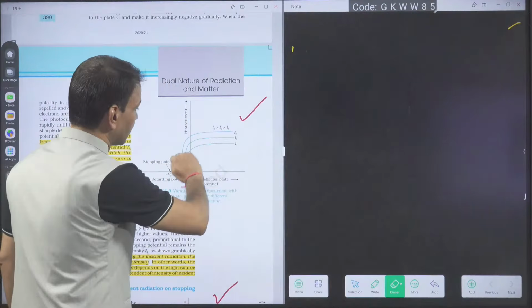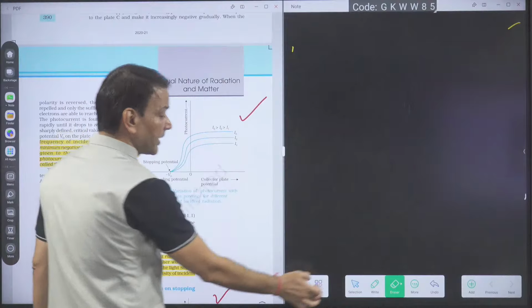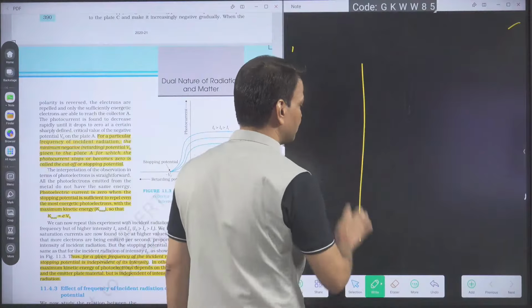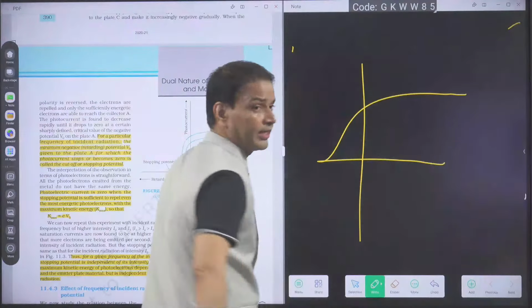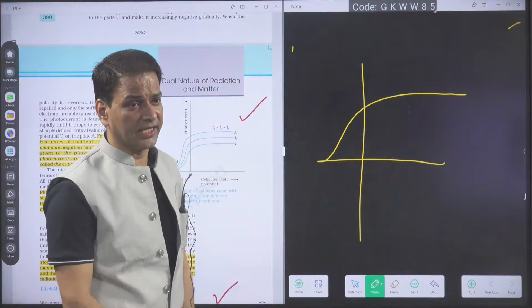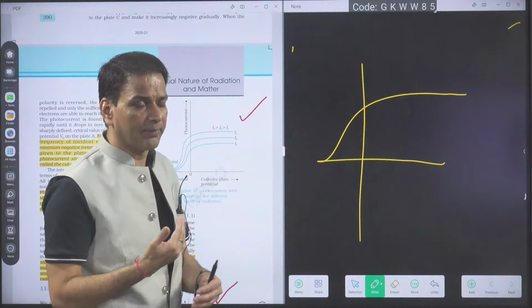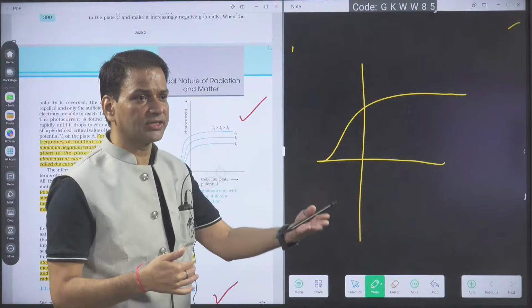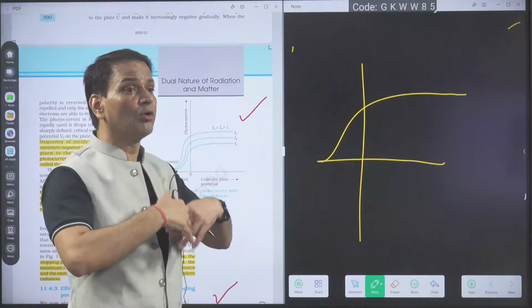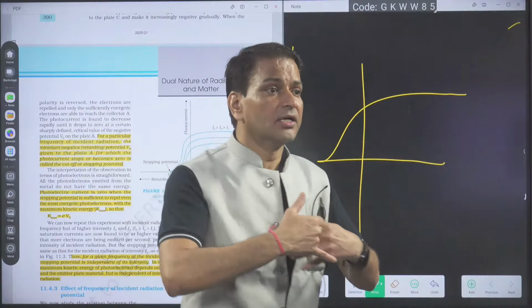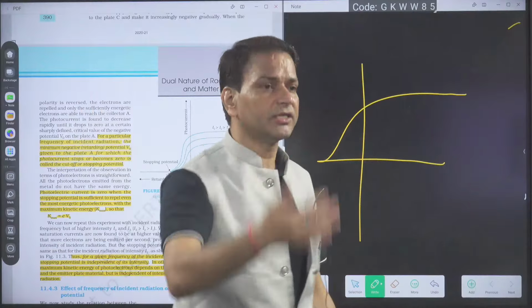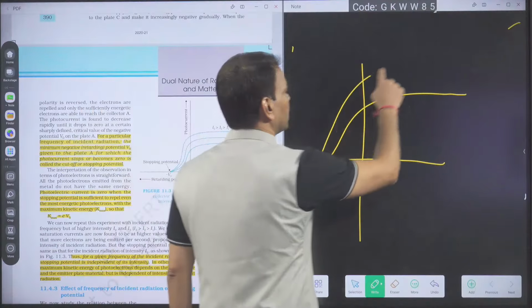That's why we are getting the graph like this. Okay, if I want to further increase the current by the same photon, then I have to increase the number of photons. Number of photons increases, number of electrons ejected increases. Then saturation: suppose now 40 electrons are ejecting, then saturation means 40 electrons will reach the collector. Then what will happen? Photocurrent will increase.